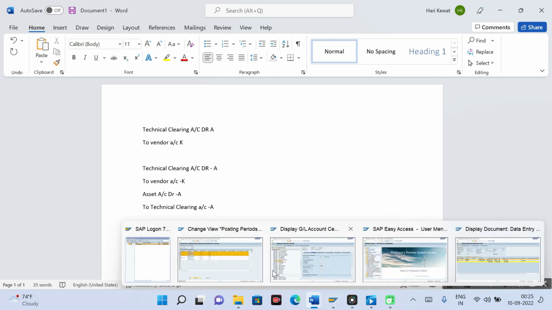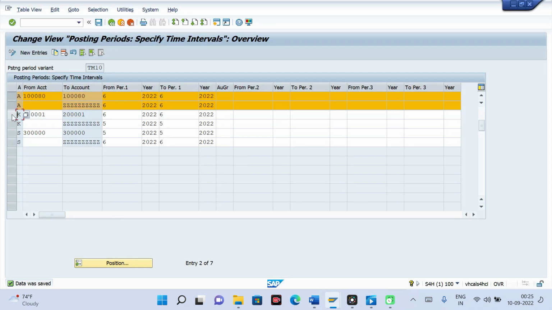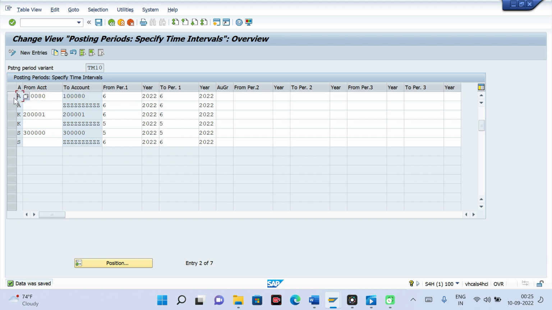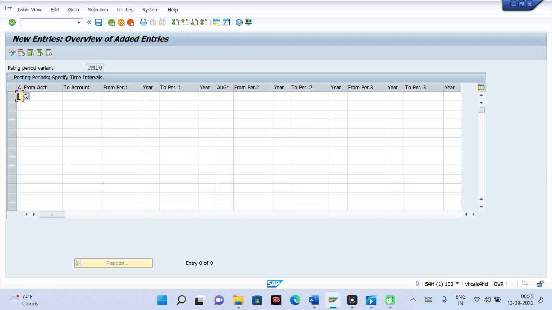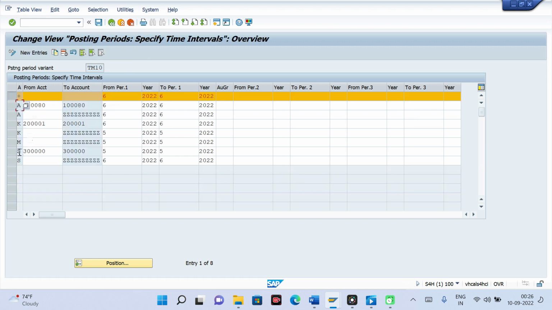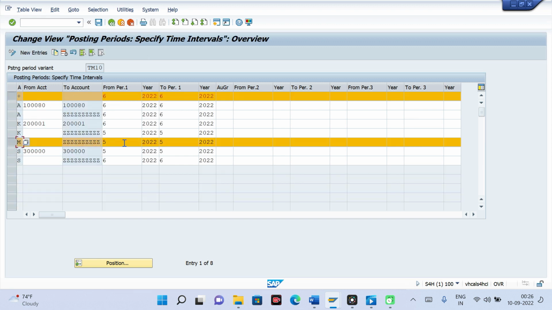So you have to come here. If you have not maintained material type M, then it will check only the plus type. It will check the plus type, and if it is open, it will close it. If you have specifically maintained for M, then it will check specific to this one. Let's give ZZ, fifth period 2022, fifth period 2022. So for M period, you can say you have not opened the sixth period.